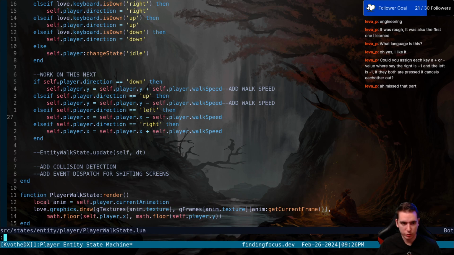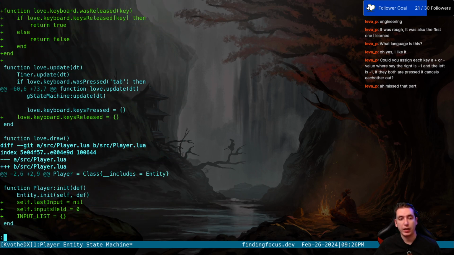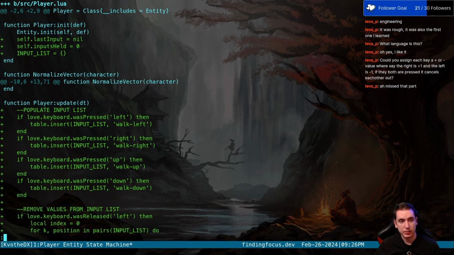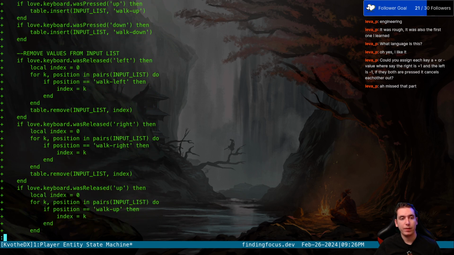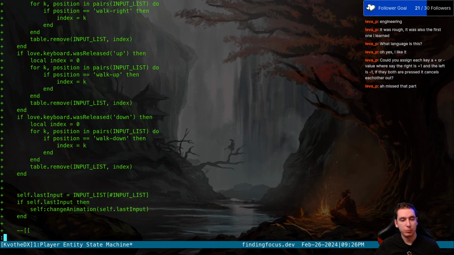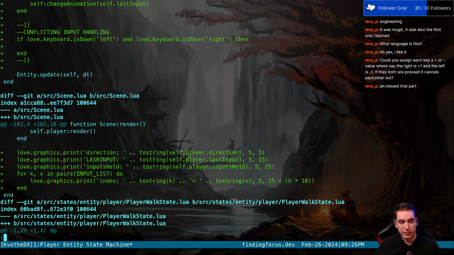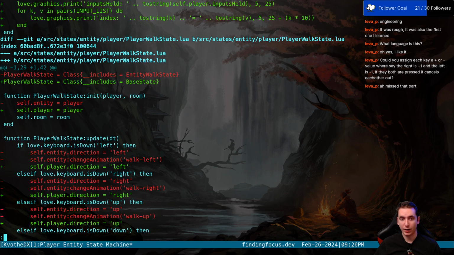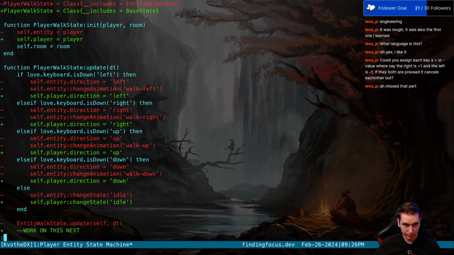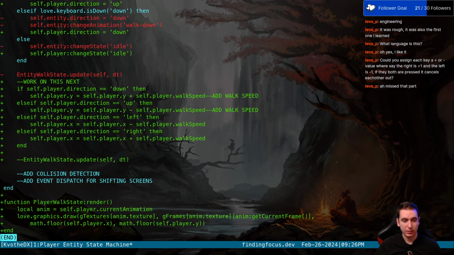That's pretty clean. Let's go check out our git diff here, and we'll see that we've got a key released function now that populates a table with keys released values. We've got an input list that holds a string of any input that we are holding down on the keyboard, on the arrow keys. We've got animation being based on that last input of our input list. Then we've got some debugging. We got some changes to our player walk state, which no longer inherits our entity walk state. And instead, we take out our change animations and we move it into our